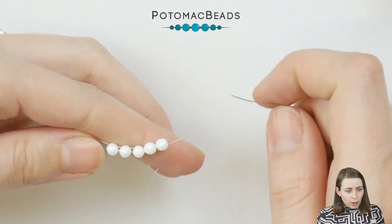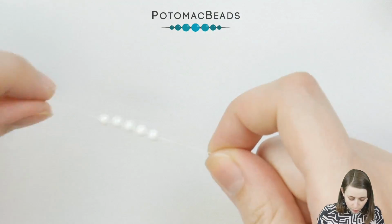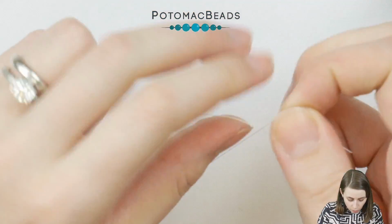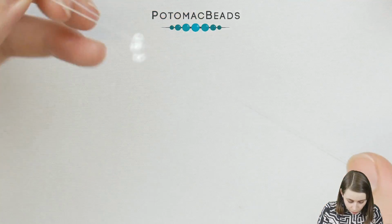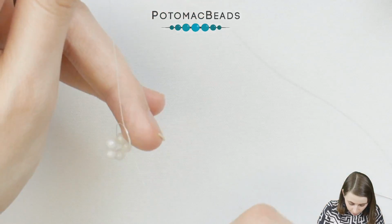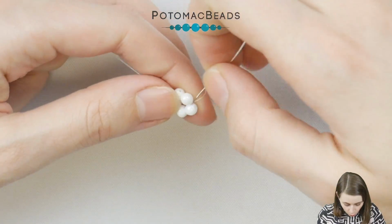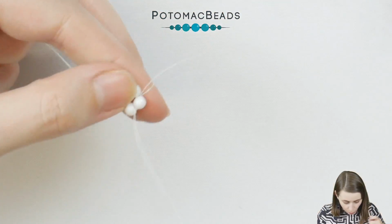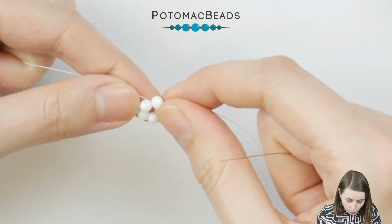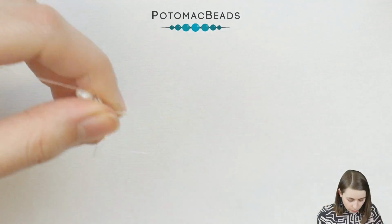And we will start with 5 RounDuo Minis. Put them on your thread, slide them towards the end. Don't forget to check the holes because it's a two-hole bead. And make 3 knots to create a circle. Now take your needle and go through one of those holes, one of those RounDuo Minis next to the knot through the same hole, and then we need to step up. So go up to the second hole of this RounDuo Mini,